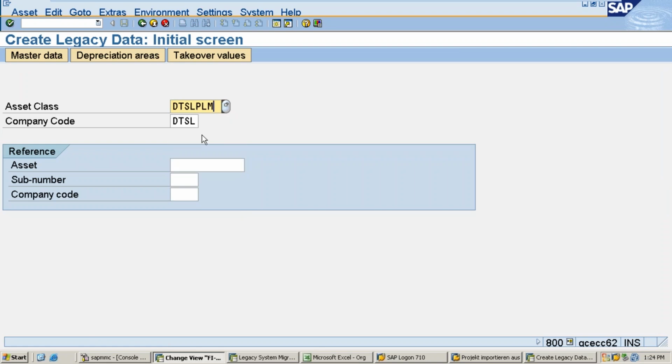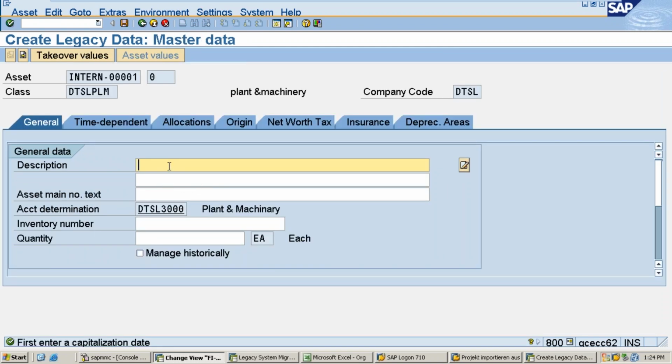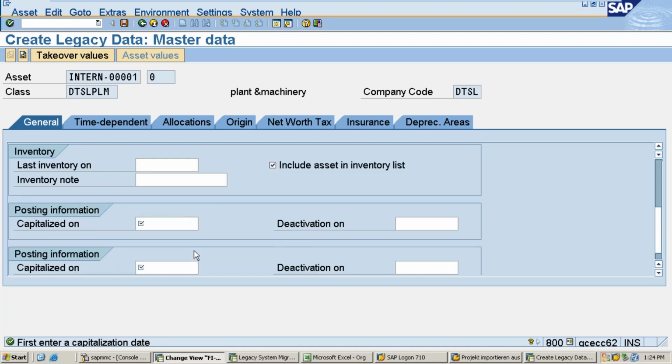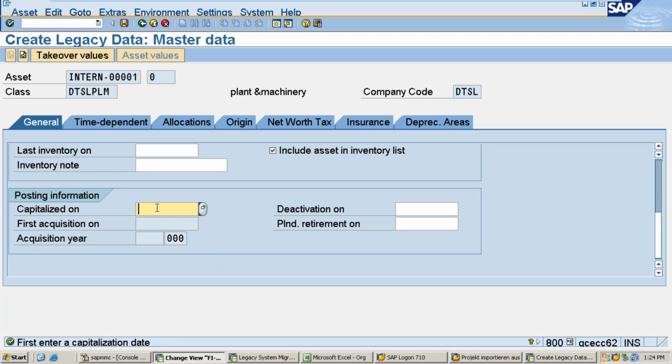What is your asset class? This is my asset class. This is my company code. These two tabs are very familiar to you. Same way you go and create it, no change. Just go and create it like this. Go and enter like this. Legacy asset example 01. Your asset capitalization date should now be 31st March 2016. If you enter the current date, it will not accept. It should be before the takeover date or equal to the takeover date. Now time dependent.